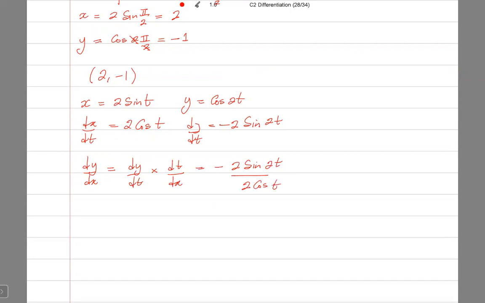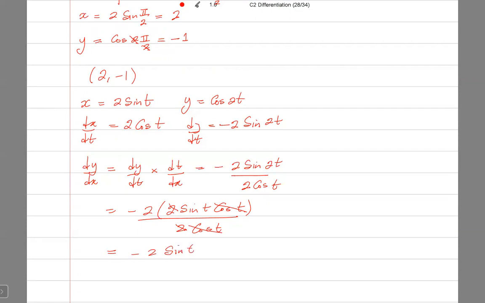I'm going to expand out the sine 2t. So this is equal to minus 2, and sine 2t is the same as saying 2 sine t cosine t, divided by 2 times the cosine of t. Cos t cancels cos t, 2 cancels 2. The answer is equal to minus 2 sine